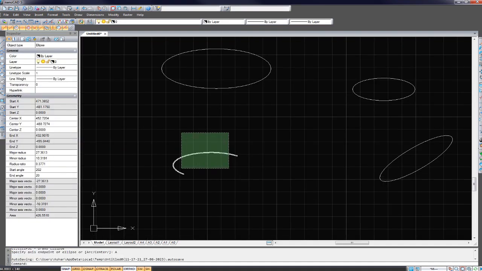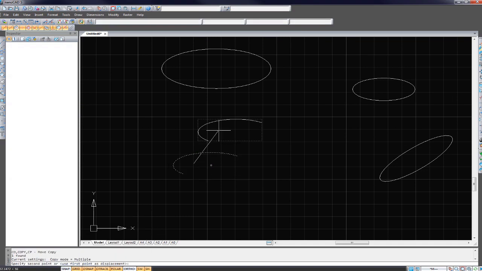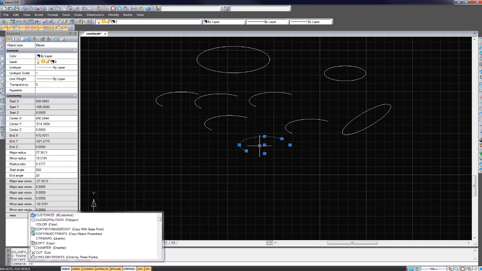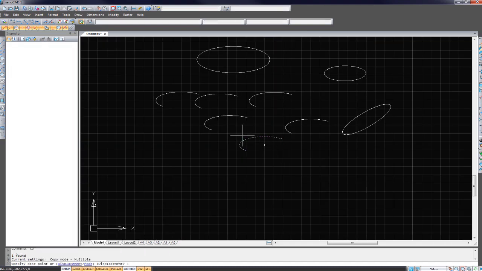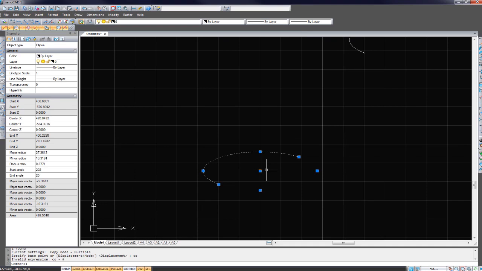You can copy these around by CO, click and just copy them around multiple times. We can copy like this, or we can use the array tool. So let's try the array tool. So if you highlight the object and type array,